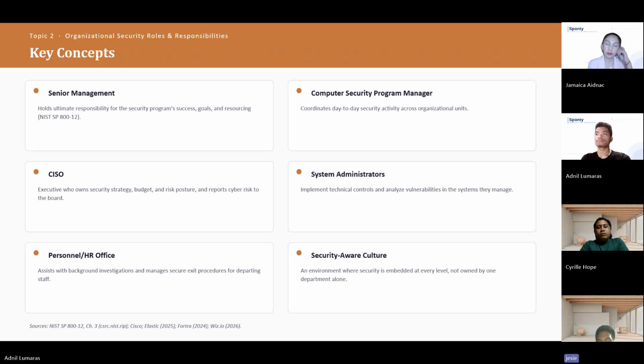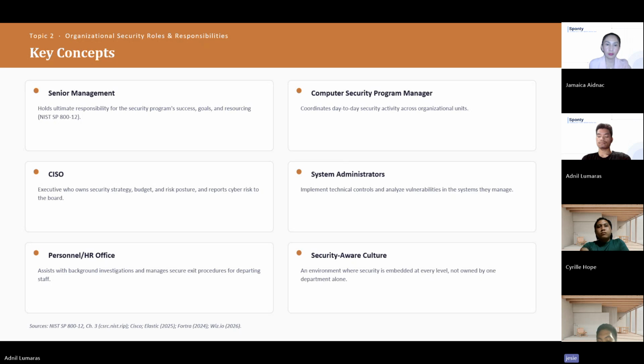General employees, meanwhile, remain responsible for following the policies and procedures that apply to their own work, reporting suspicious emails, safeguarding their own credentials, and completing required security training. This layered structure, executive ownership, specialist implementation, HR support, and everyday employee compliance,